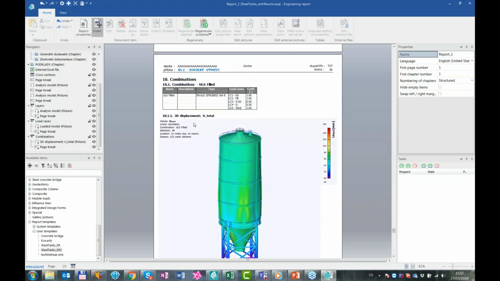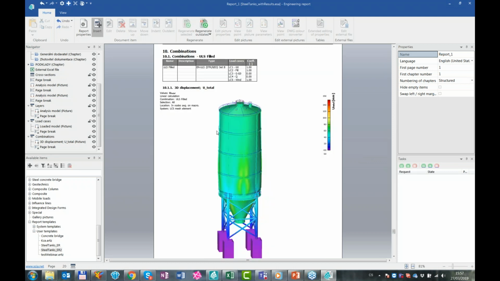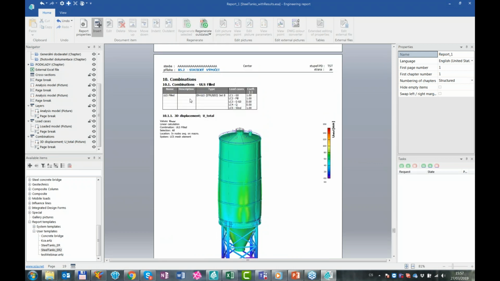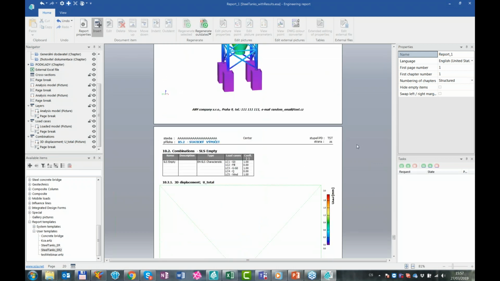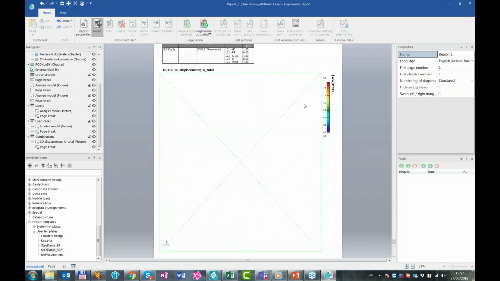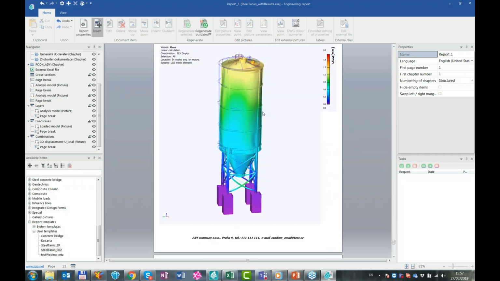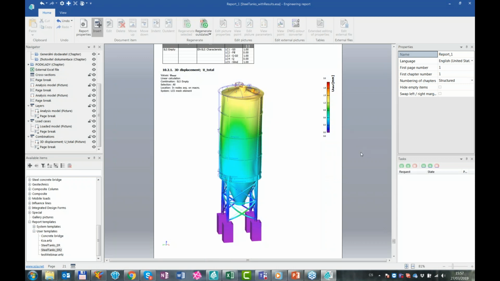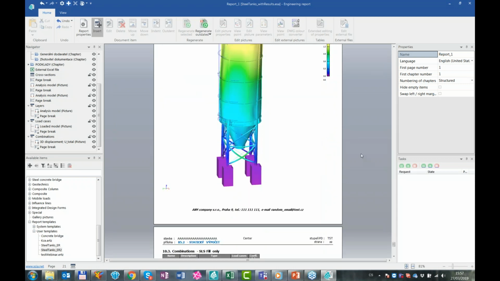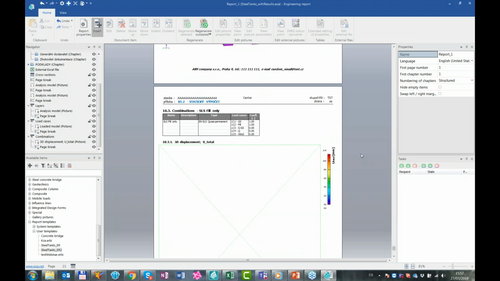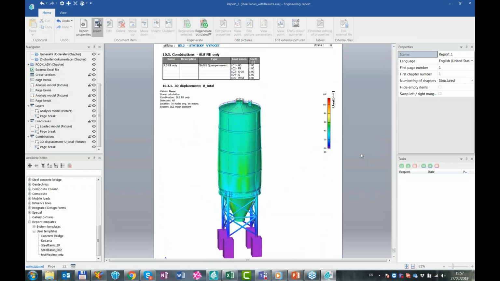So I have 3 combinations in this project, and I can see that the deformed structure is displayed for the first one. This is the ULS with filled tank. Then I can have the deformed structure for the SLS with empty tank. You can see here the wind is of course the dominant force, and also I can have another